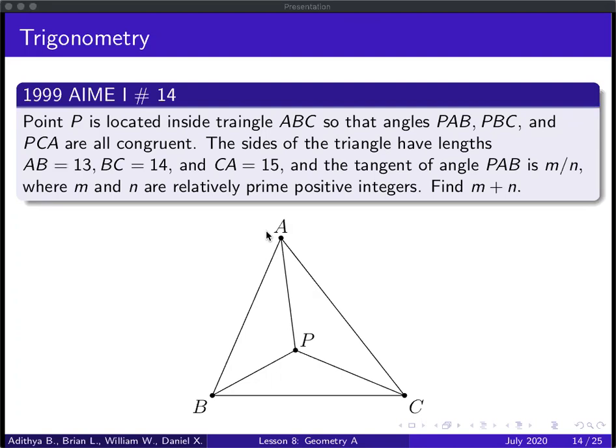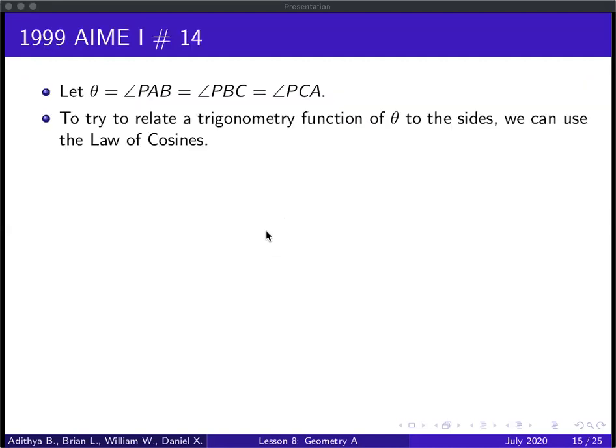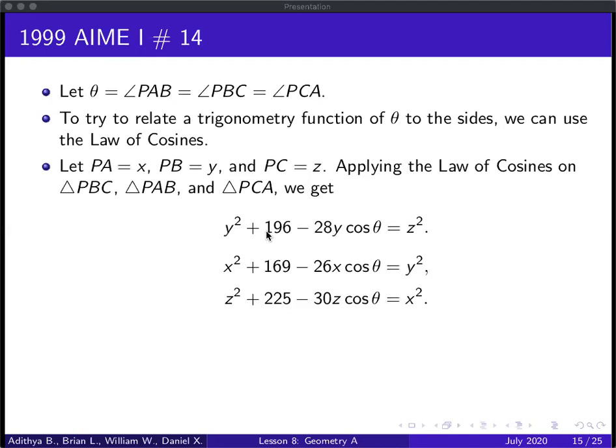one way we can relate a trigonometric function to this angle is we can try to use the law of cosines on PAB, PBC, and PCA. So if we do this, then we can first let PA equal x, PB equal y, and PC equal z. And if we use the law of cosines on PBC, then we have y squared plus 196 minus 28y cosine theta equals z squared. And so for the other two triangles, you get,